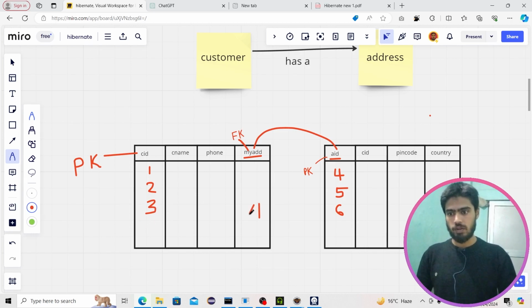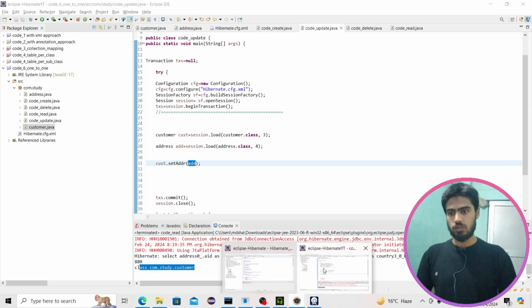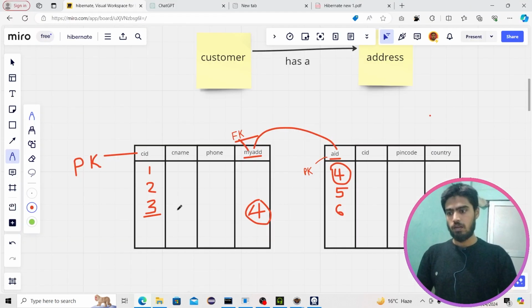So here we will get 4, because there is a relationship between my add column and the AID column, which is a foreign key relationship. So this address will get added for this third customer. You can see what is happening. So this is one